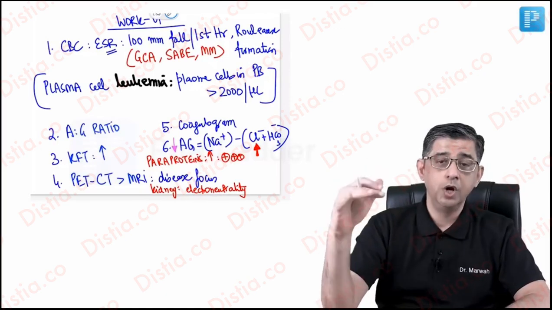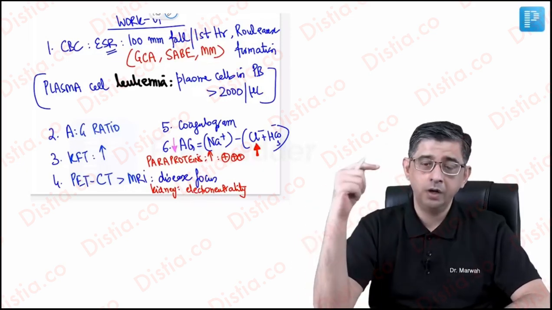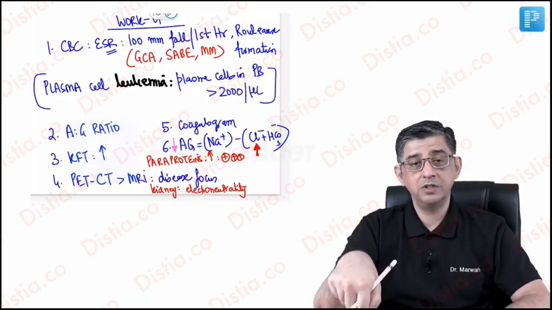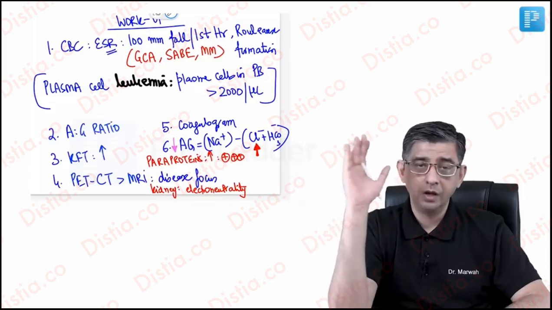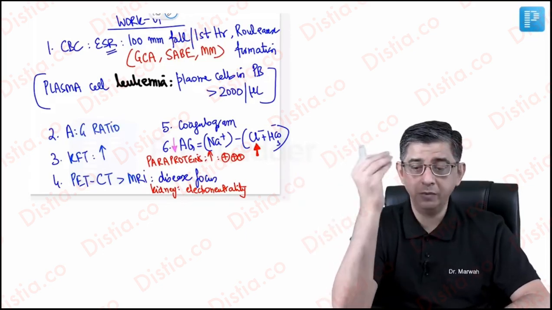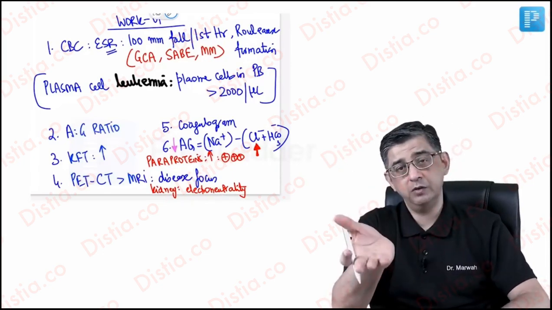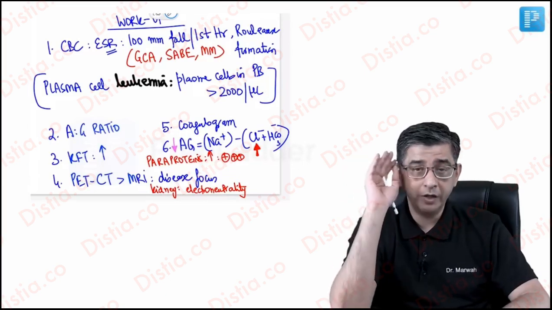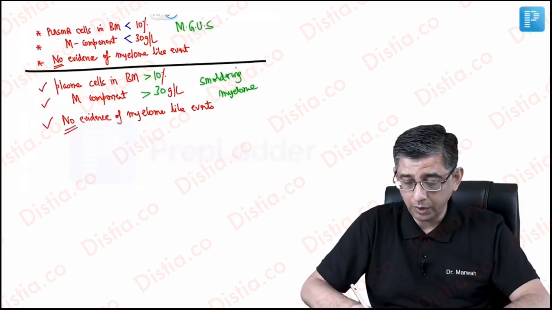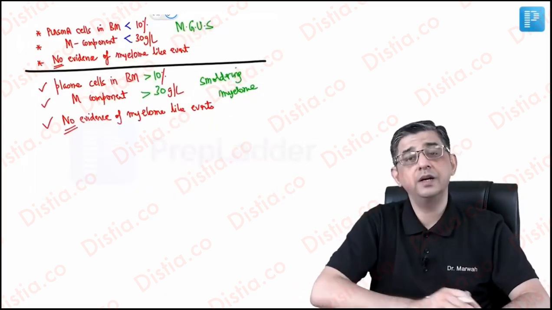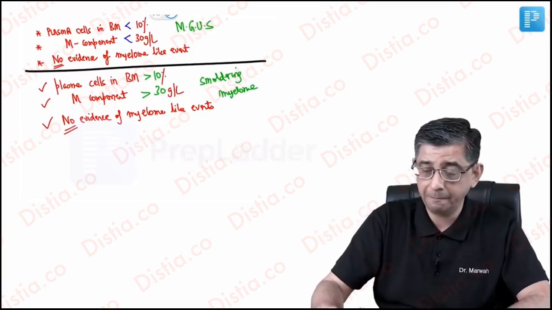So I would suggest you note down the diagnostic criteria of MGUS, smoldering myeloma, multiple myeloma, and the one that I just explained, plasma cell leukemia, on a single small chit. Stick it somewhere so that this becomes a reflex for you. When you're reading a question, you should not struggle over whether it is given as less than or more than, and what you should interpret. It should be at a subconscious level in your brain that you can identify the aspects which I've highlighted here, over and above the miscellaneous aspects of the X-ray skull which I highlighted.